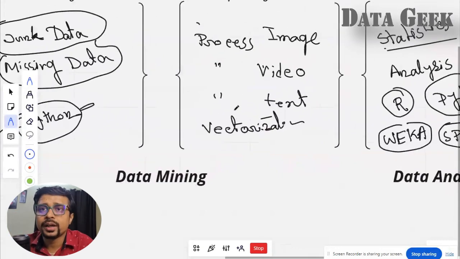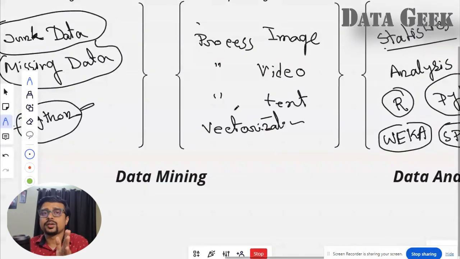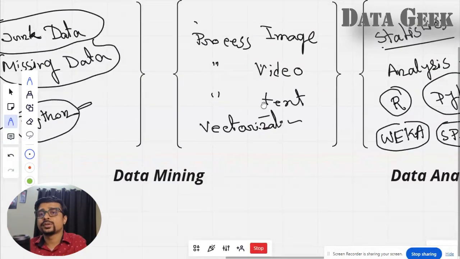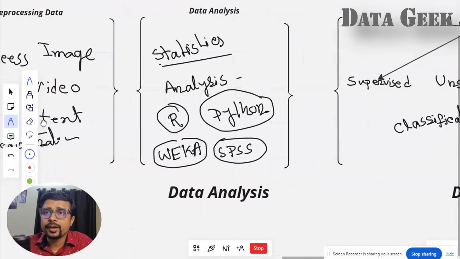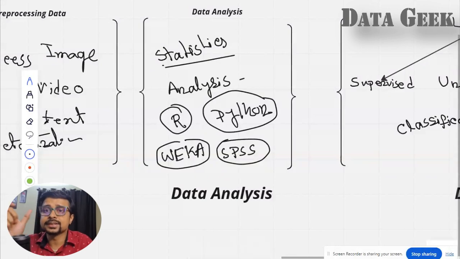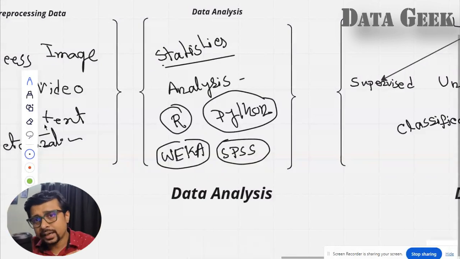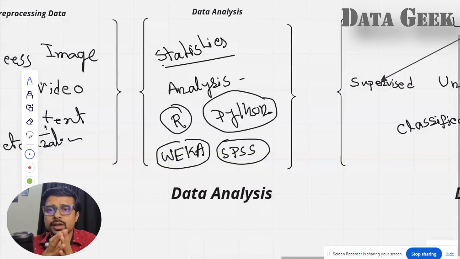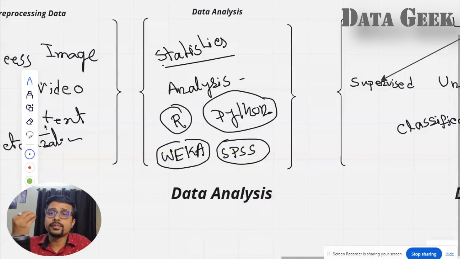Okay, so the data mining part so far is cleaning the data and pre-processing the data. After you do these things, then you come to the analysis. So now you have data which doesn't have any meaning, and you need to give meaning to the data. Now how does the analysis work? Analysis is basically a statistical analysis. So now here you need statistics.